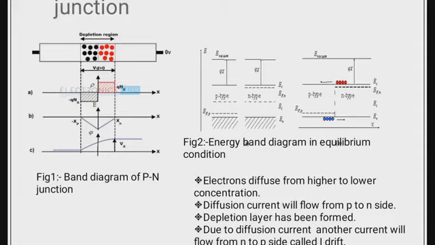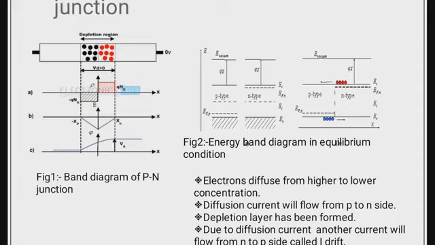But in case of n-type, that will be opposite. Here we have seen that it is just below the conduction band, because in n-type materials we have added some amount of donor type of impurity. That is why it is called a donor type bead, and this is called the acceptor type bead. Q of chi basically denotes the electron affinity with respect to the vacuum level. I will discuss later what electron affinity is.